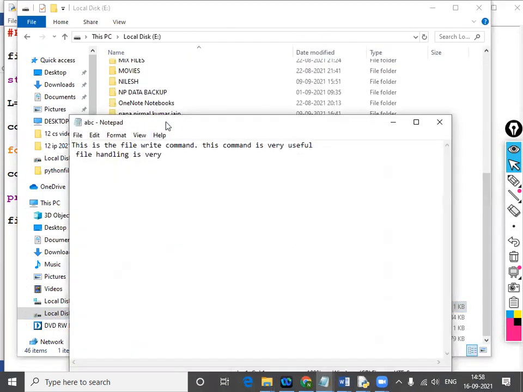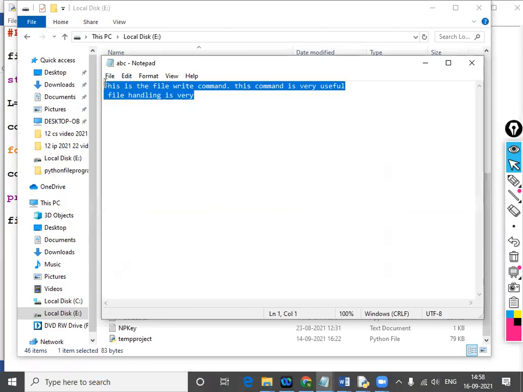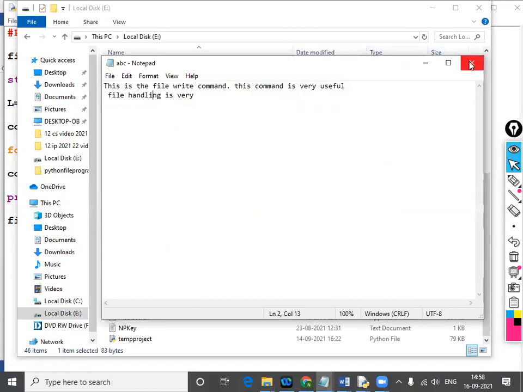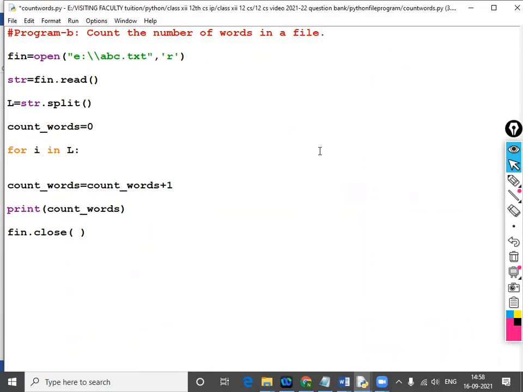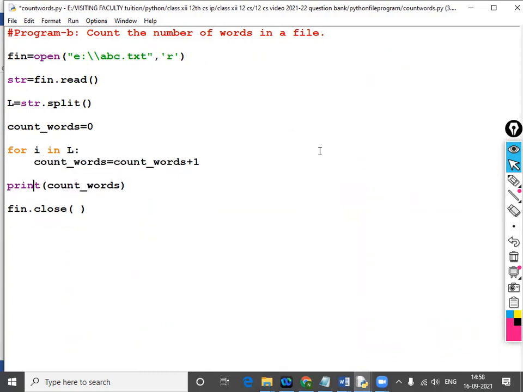This file I am opening. This content is already written. E colon abc.txt, read it. str equals fn.read, L equals str.split, count words, for I in L. After that, because indentation is required, then close. Here the file is closing.